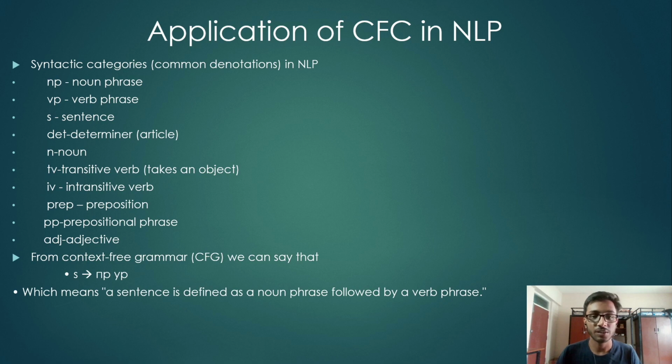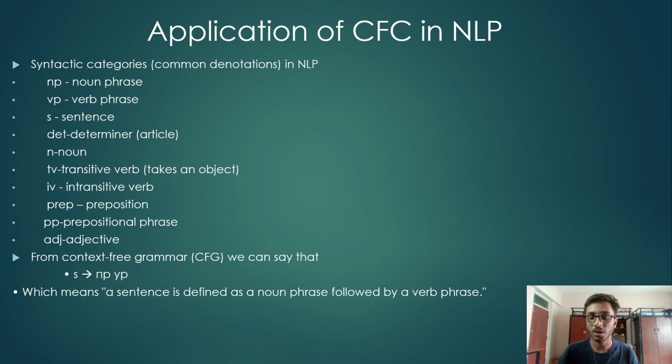Syntactic categorization in NLP. NP, noun phrase. VP, verb phrase. S, sentence. Det, determiner. N, noun. TV, transitive verb. IV, intransitive verb. Pre, preposition. PP, prepositional phrase. Adj, adjective. From context-free grammar, we can say S belongs to NP VP, which means a sentence is defined as a noun